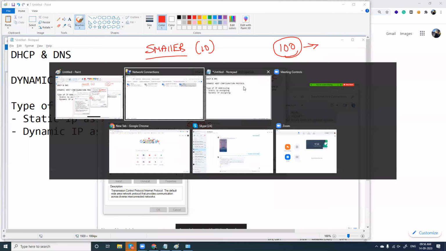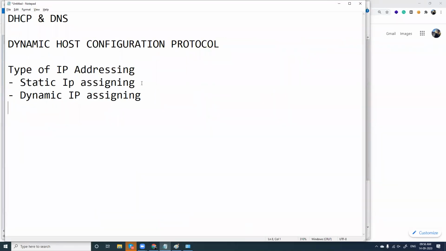So to start with, understand static IP addressing is used for smaller networks wherein you have to assign a particular IP to your computer. In case your network has a smaller number of computers, yes, you can go for static IP assigning. And if you feel your network is huge and you want to bring down the burden of the system admin or the network admin, and make IP assigning easy, then you'll go for dynamic IP assigning.